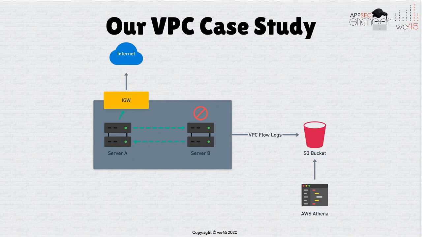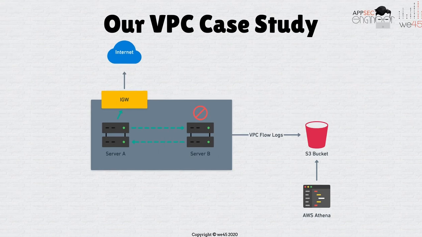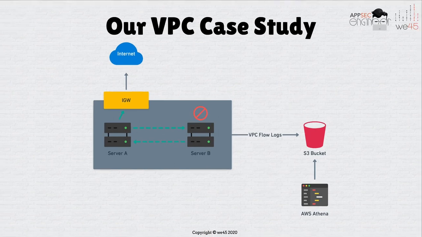Let's explore what it is that we're trying to achieve with this case study. We have a VPC that you've set up. The stuff in the gray background is essentially the VPC. The VPC in this case has two servers. One is a web server, which has our application, and the other is a Redis database. All of these applications are talking to the internet via an internet gateway. However, somebody who's administering or configuring this VPC has made a mistake where the Redis server has been put on a public subnet, which means that the Redis server, a database server, is now accessible from the internet.